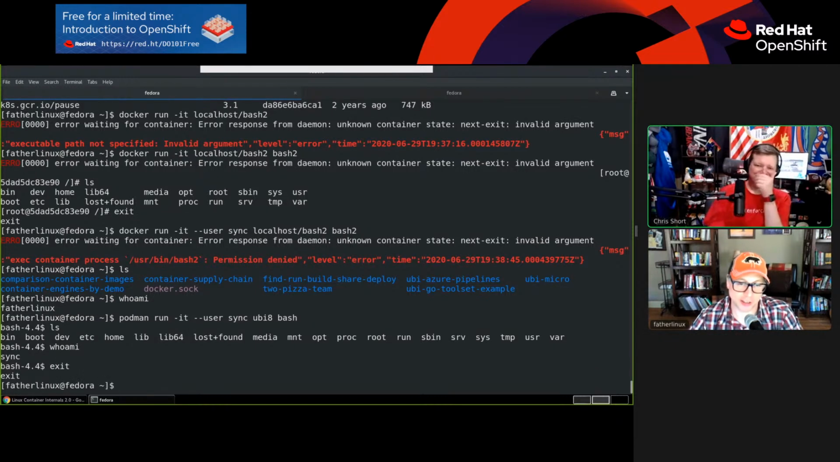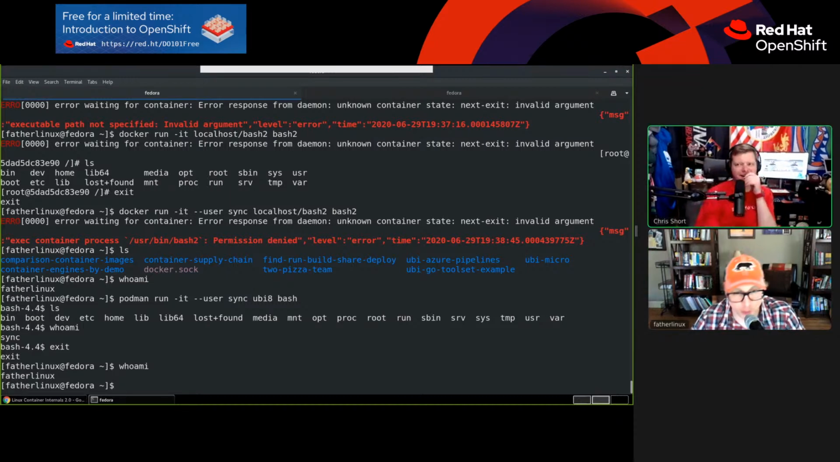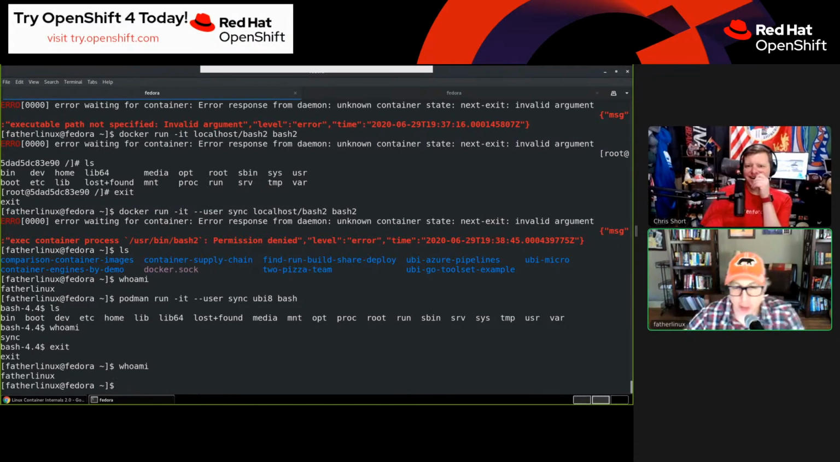But if you get out of the container, who am I? I'm Father Linux. That's the most secure. That's what you would prefer, that the whole world does that. Not gonna lie. But if you don't do that, if you just run it normally, let's do